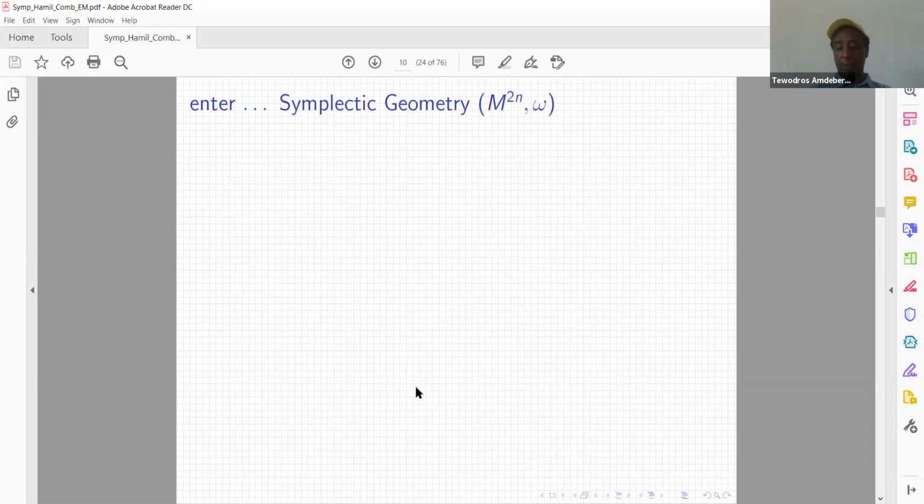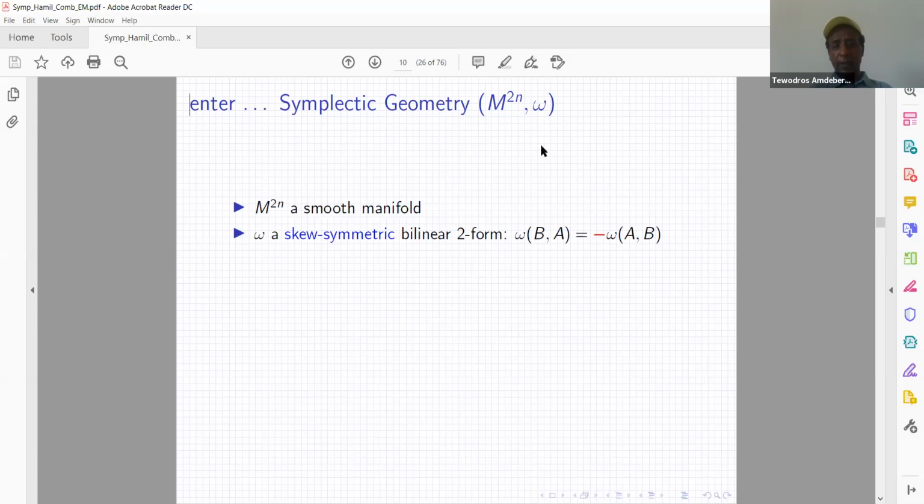It's an even dimensional manifold always, and then a certain structure, omega, and they satisfy the following conditions for the geometry. The manifold is a smooth manifold, and omega is a skew-symmetric bilinear form, which is antisymmetric. You might remember this when I was mentioning the beginning in classical mechanics. And then the other condition